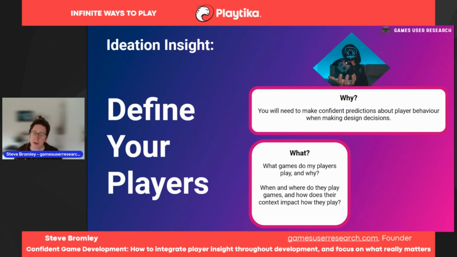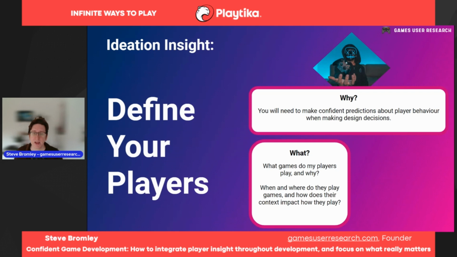You should also be understanding at this time, where are players when they play our games? How long is a typical play session? What other constraints do they have on their time? If it's a mobile game, for example, do they play games second screening in front of the TV? Do they play them on a commute? Do they have the sound on or off?